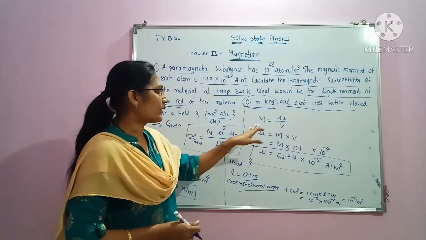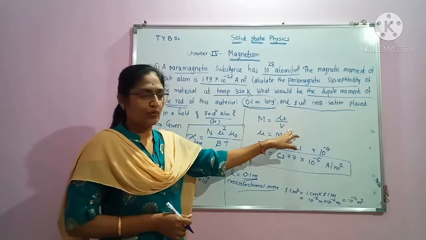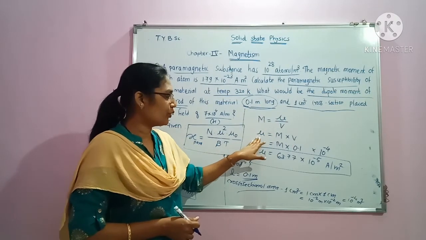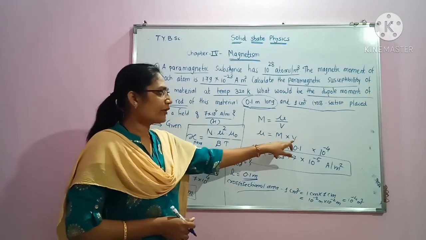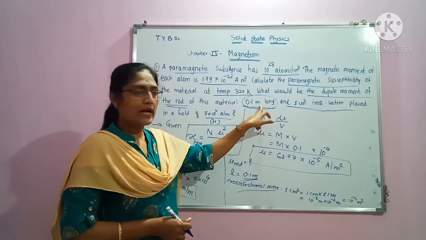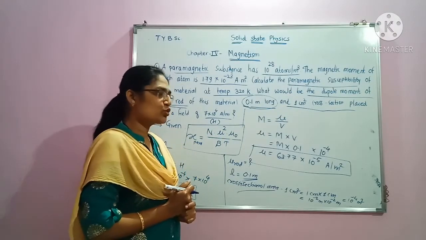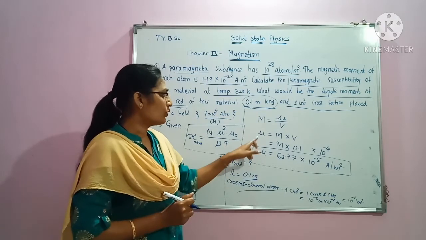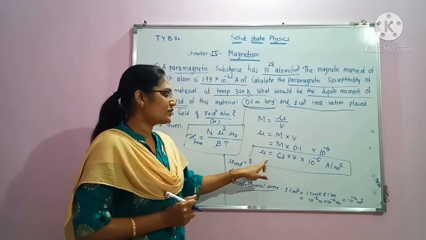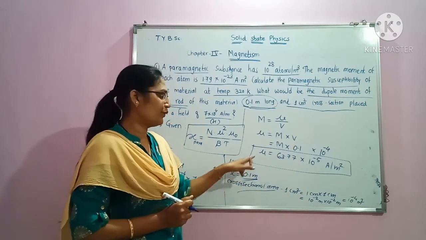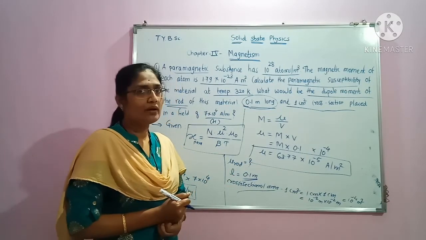And after that, we also know that magnetization is nothing but the dipole moment per unit volume, and we have calculated the value of mu by multiplying magnetization into volume. In order to calculate the volume, the length of the rod and its cross-sectional area is given, and we have obtained its volume as 10 raised to minus 5 meter cube. So we have substituted the values of magnetization and the volume in this formula, and we have obtained the value of mu as 63.77 into 10 raised to minus 5 ampere per meter square.